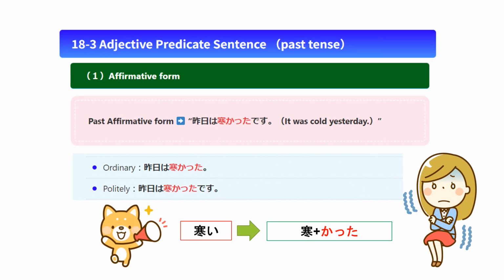Let's learn how to say past tense. For example, to say, it was cold yesterday, in Japanese: 昨日は寒かった。 The polite expression is, 昨日は寒かったです。